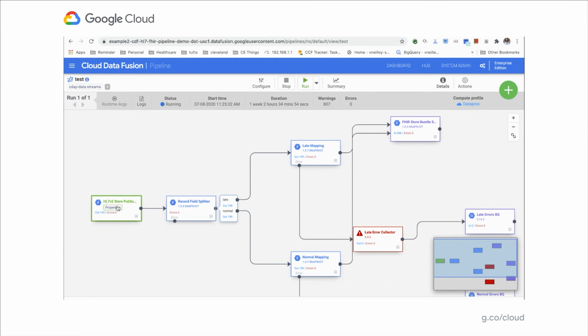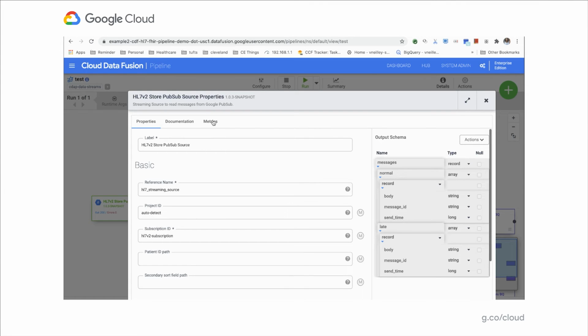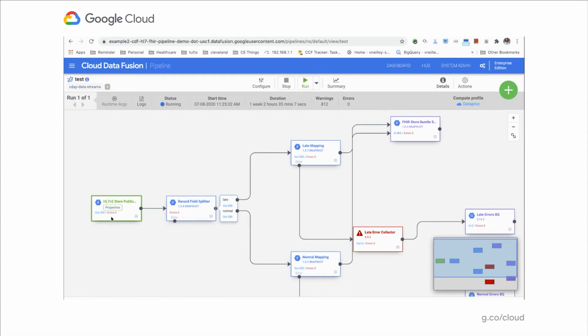Our HL7 store Pub/Sub, if we look into this, we can figure out which subscription we are listening to, what the naming is, and truly where it's coming from. We're currently at 200 HL7 messages. Hop to 201. So as we're going through the demo, you can fundamentally watch each of the messages go through the steps